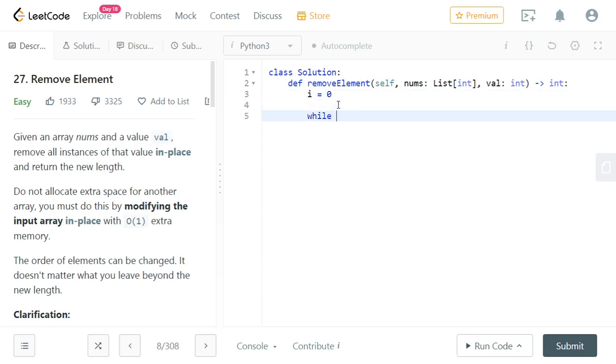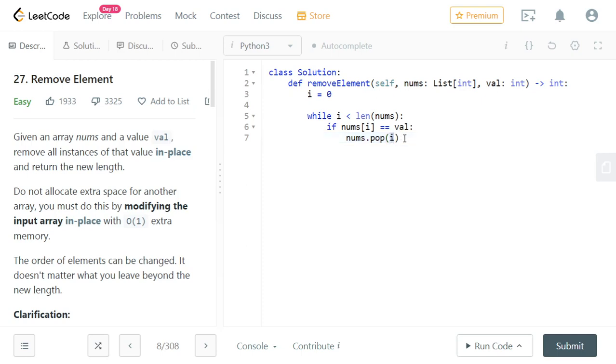While i is less than the len of nums, it will run. Here we check if nums of i is equal to the given value. If that's the case, we remove index i from the array using the pop function, where we just need to pass the index, not the value.